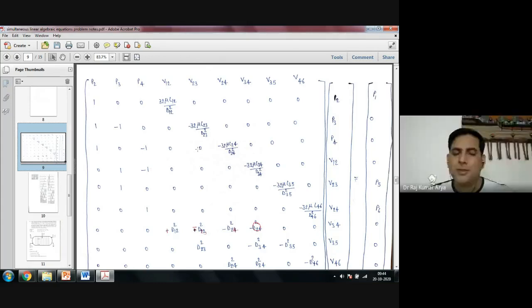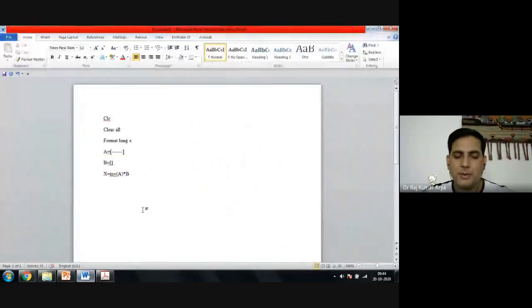Yes or no? Yes, sir. So you can write a simple command there. If you write it in terms of a for loop, let's say for I equal to 1 to 9, since you have a 9 by 9 matrix. Correct or not?